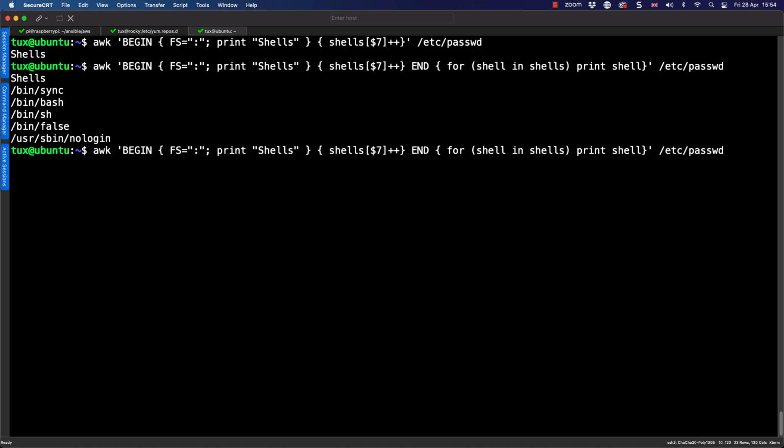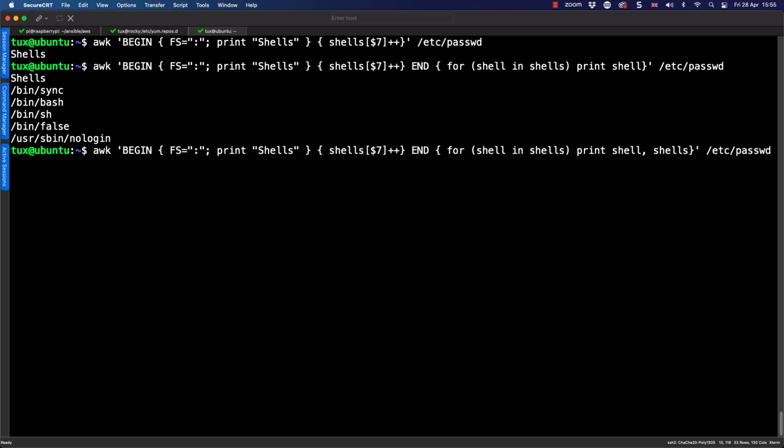So of course then just running our up arrow key, we can get back to our code, returning to our end block. We're going to go inside of our brace brackets after shell and we're going to put a comma. We just want to separate the arguments of the existing print statement. So as well as printing out the shell, we want to print out its value.